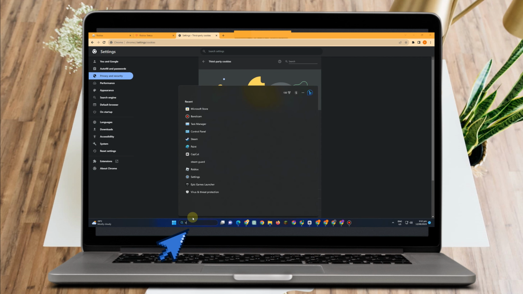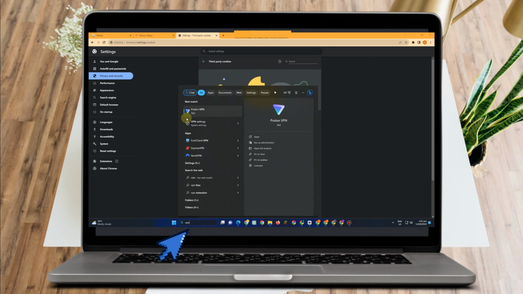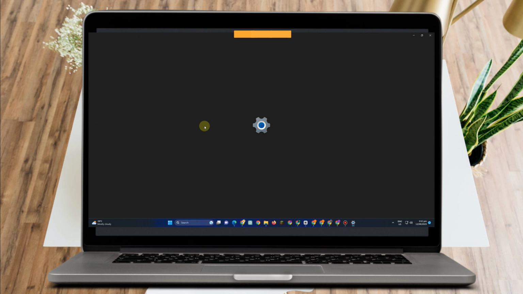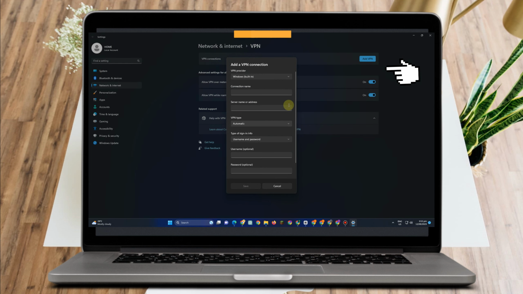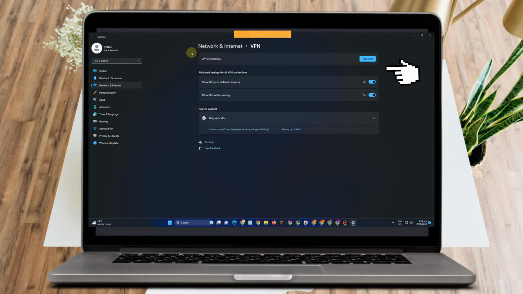Okay, and then next we have here is to simply disable VPN. To do that, go to VPN settings. And then if you have installed VPN here, all you have to do is disconnect. You just have to disconnect that one. Okay, so never ever connect any VPNs whenever you are logging into your Roblox if you encounter some problems. So just turn it off or disconnect that one. And then